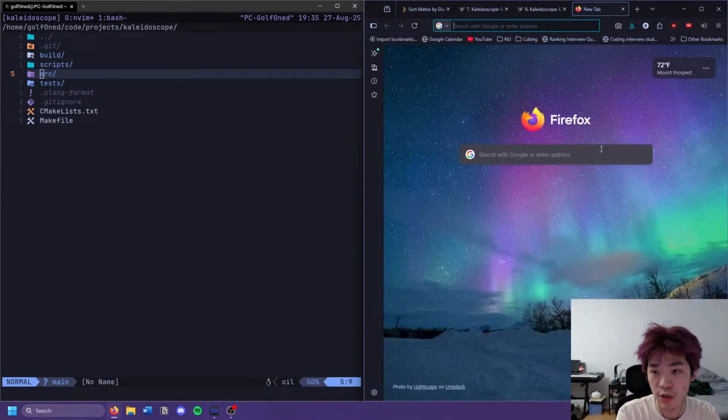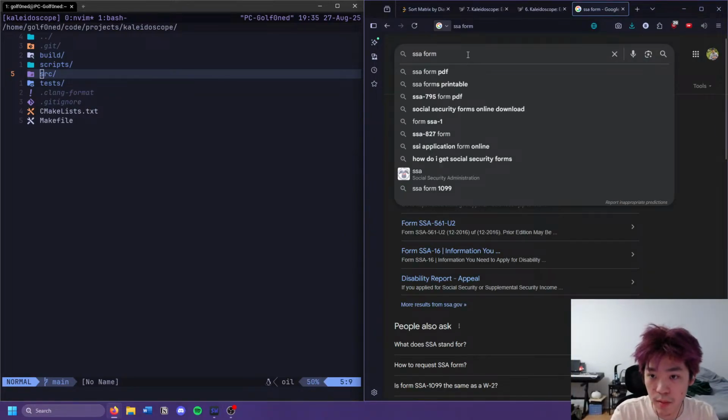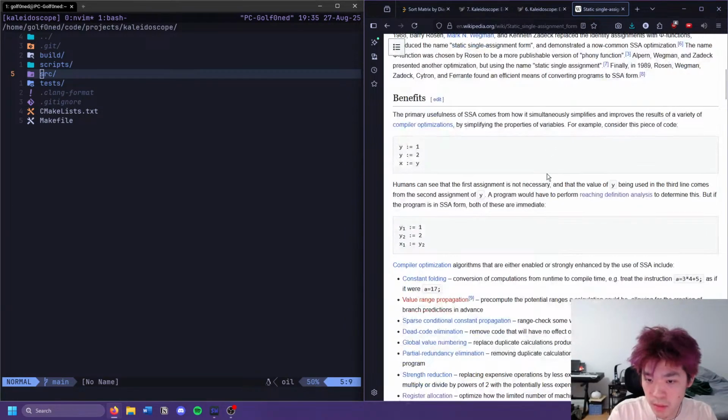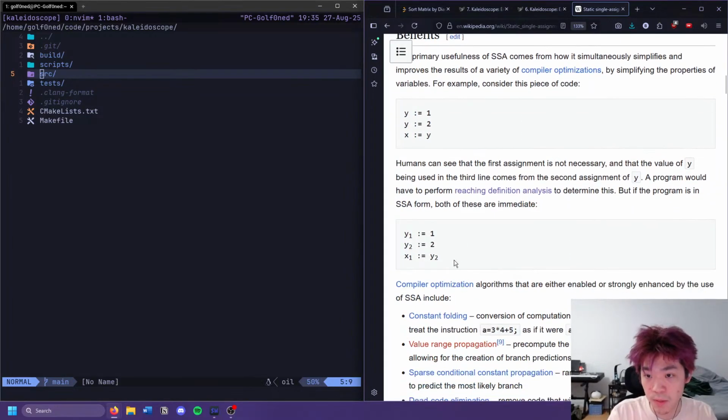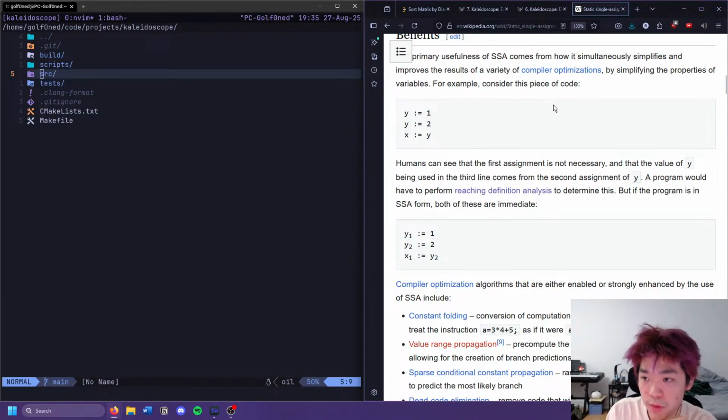I guess I should just pull up the Wikipedia page. This is not the SSA form that I particularly care about right now. Just this example here. So here we assign 1 to y, then we reassign y to 2, and then we assign y to x. I might have gotten the words backwards, but you get what I mean. So if we were to perform a simple constant propagation optimization to y,